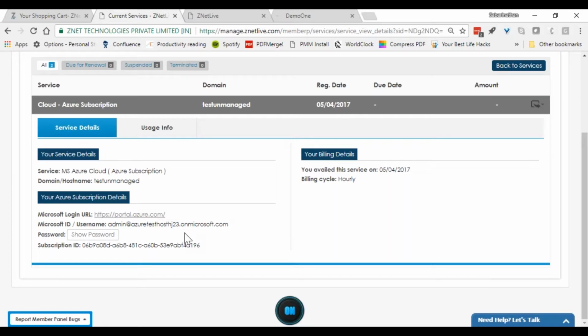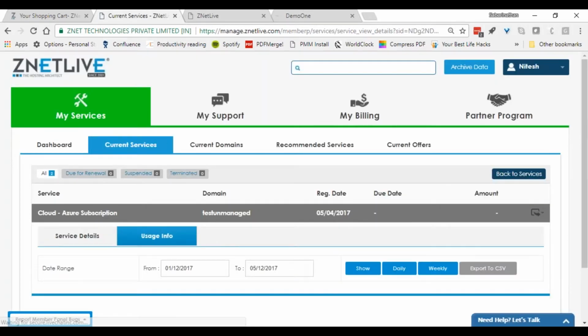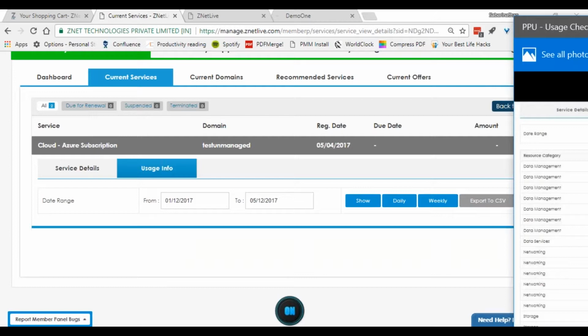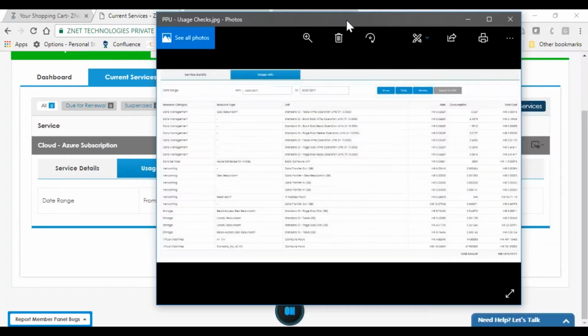create his virtual machines. He can create his databases. He can create the other functions and download certain stuff, add a load balancer, use analytics, any service. It doesn't matter what service he consumes, right? So what RackNap is able to do is collect usage from Microsoft for any service he consumes. So for example, if you look at it here, RackNap gives your customer the flexibility to select the usage for a particular period and click on show, which means RackNap goes and collects usage from Microsoft and then displays this as a consumption in terms of itemized listing.